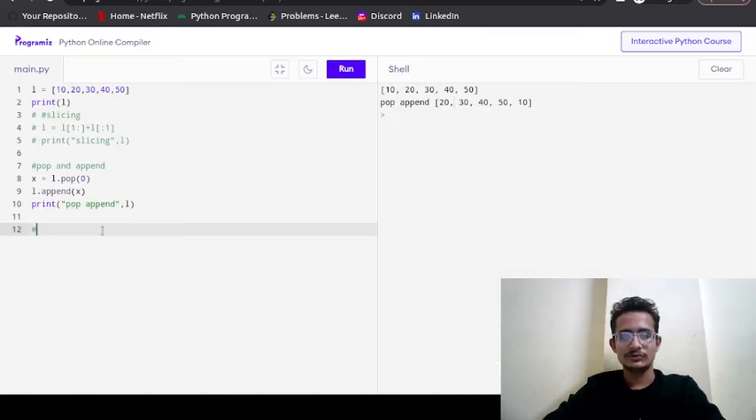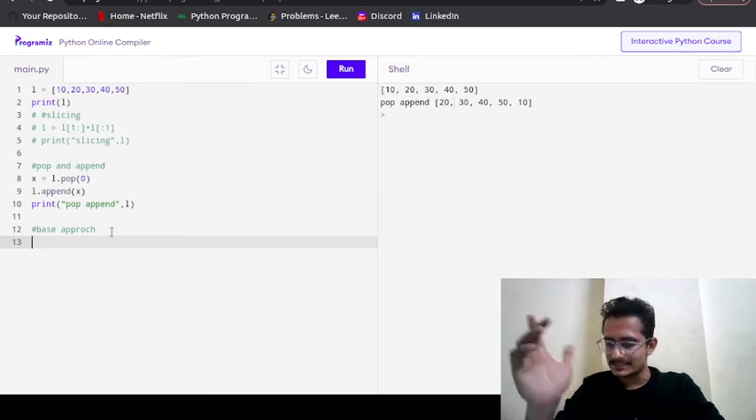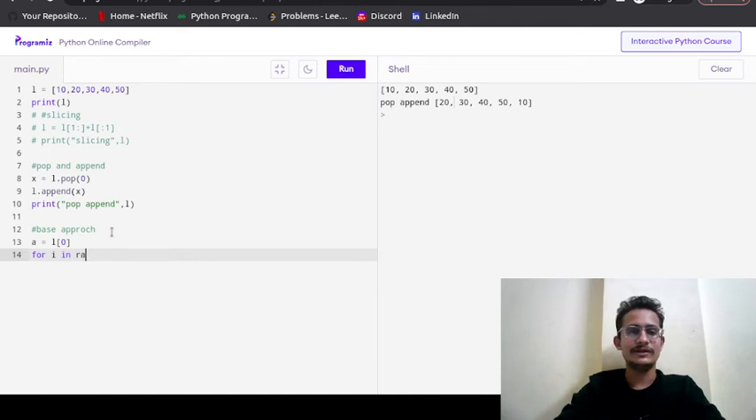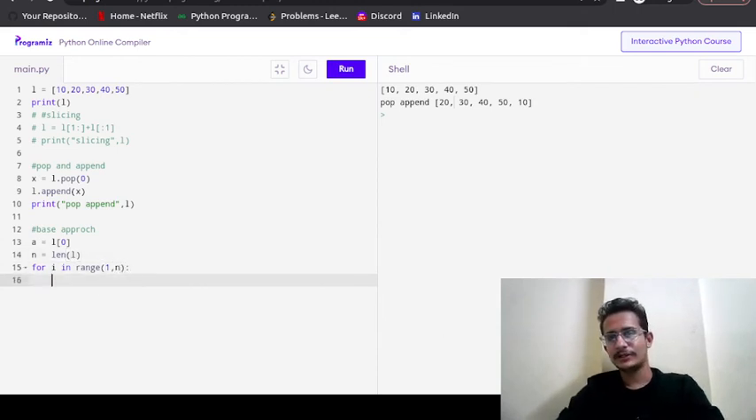So this is, you can say, the base approach. Let us name that as base approach. Perfect. So what we were doing in the base approach, first of all we were storing the first element. So A is equal to L of 0. Now for I in range, we were traversing the entire list starting from the first value till the length, and let us say n is equal to length of nums, length of L. Perfect. Here what we are going to do,